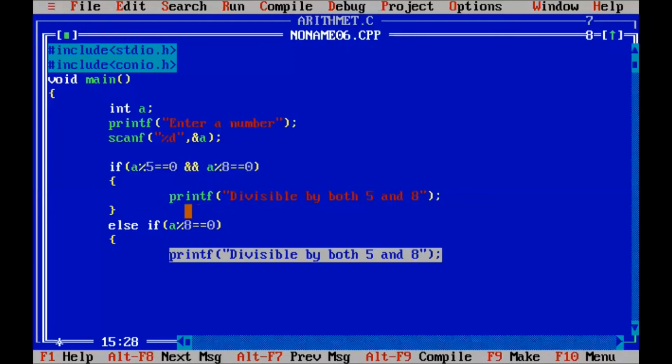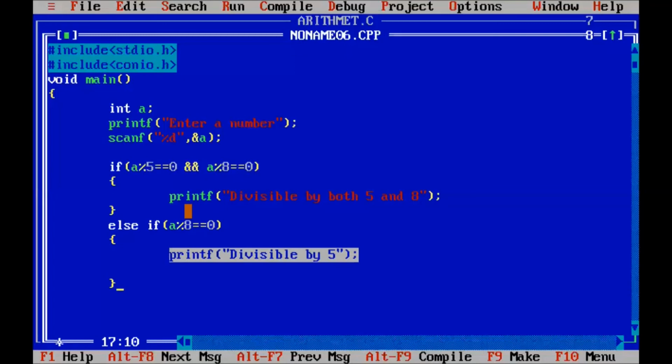Here, divisible by 5. Okay. Here we check divisible by 8.